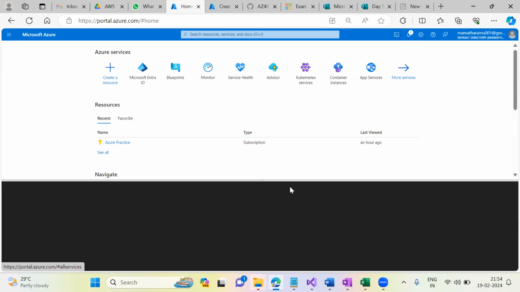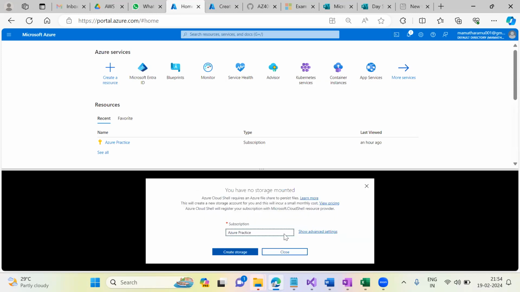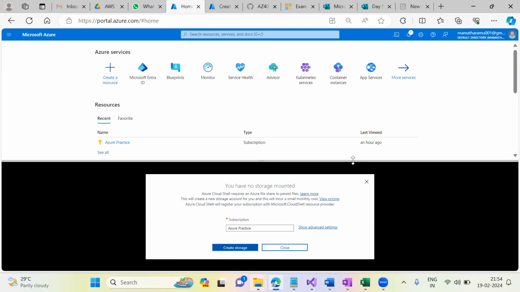So there is the Cloud Shell platform, which is the command line platform where we'll be using command line tools to create services by using ARM templates and so on. That is how the industry practice goes. So we'll start looking into the various lab activities where we can create different types of ARM templates